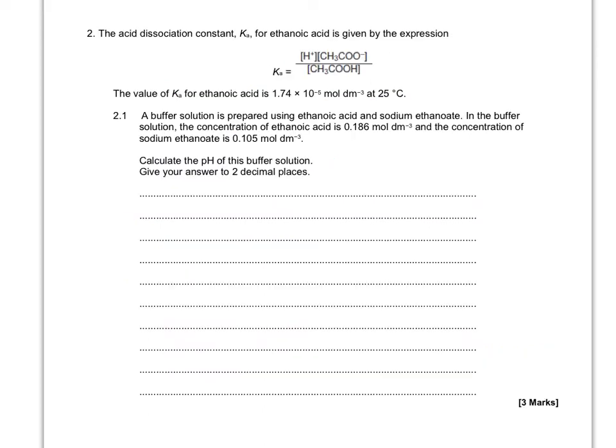The acid dissociation constant Ka for ethanoic acid is given by the expression shown below. The value of Ka for ethanoic acid is given at 25 degrees C. A buffer solution is prepared using ethanoic acid and sodium ethanoate. In the buffer solution, the concentration of ethanoic acid is 0.186 and the concentration of sodium ethanoate is 0.105. Calculate the pH of this buffer and give your answer to 2 decimal places, so that's going to be